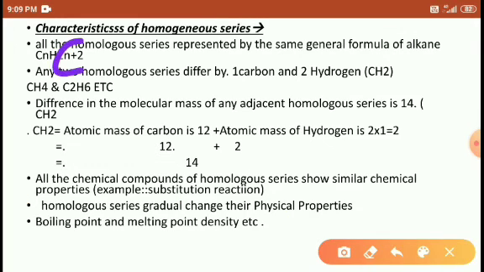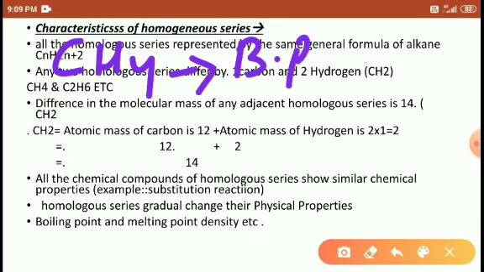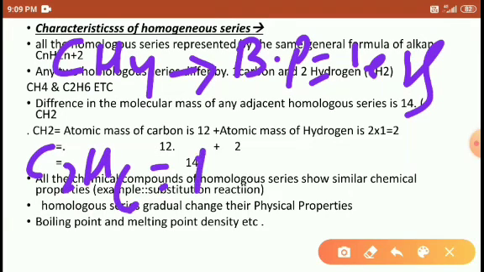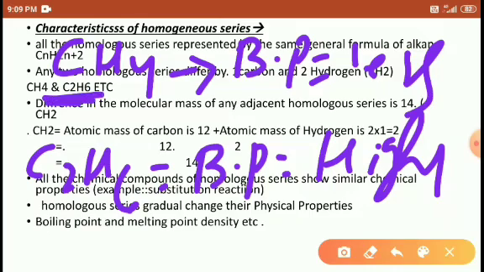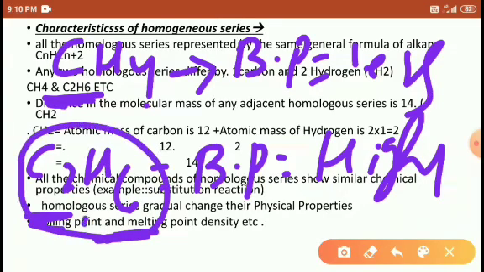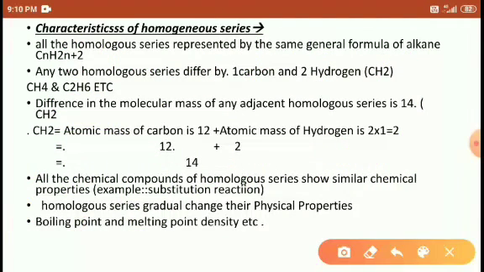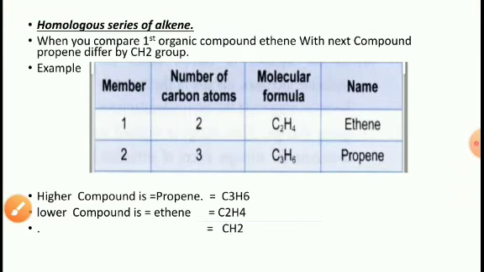For example, when you compare, CH4 boiling point, BP, is low. C2H6 boiling point is high. This is a physical property. Why? Because here there is only one carbon and 4 hydrogen, but here 2 carbon and 6 hydrogen. The number of carbon and hydrogen atoms is more as compared to the other compound, so the higher carbon and higher hydrogen compound has the higher boiling point and melting point. Right friends?